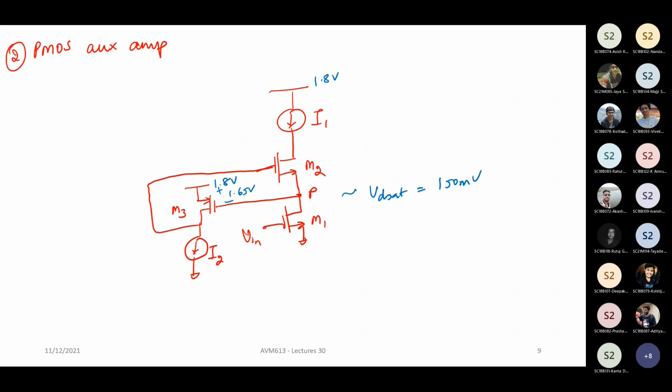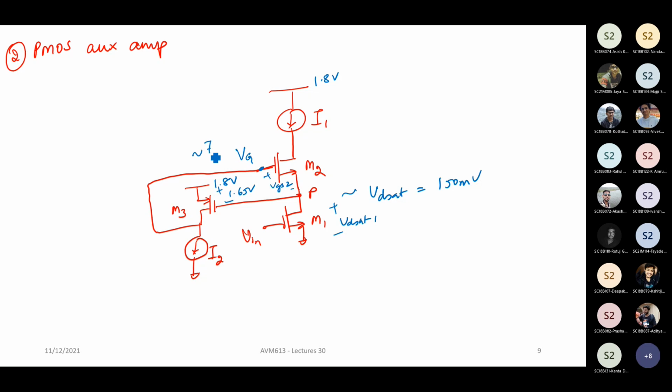So you have a very large VSG for your transistor M3. And what should be your gate voltage here? The required gate voltage, let's call it VG, right? This VG can be just what? The VGS2 plus the VDSAT of 1, right? So let's say this is some 500 plus 150, let's say 650 or let's say 700 millivolt.